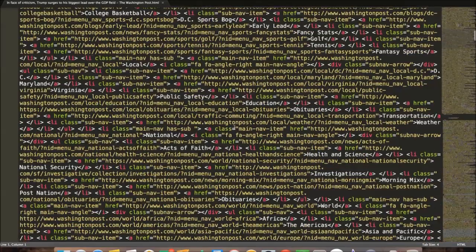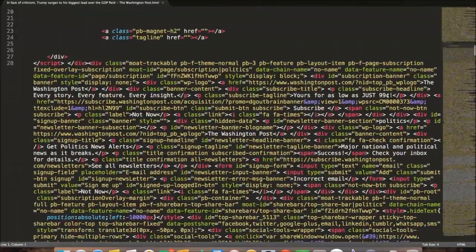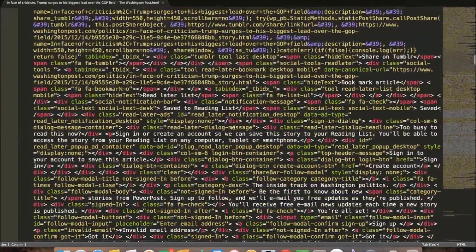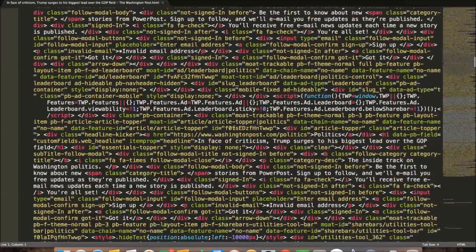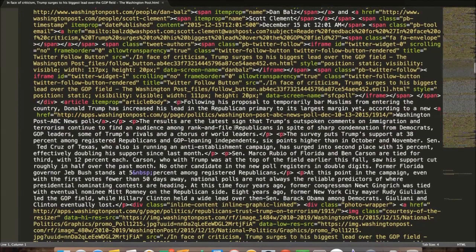Now, you will have to tell Beautiful Soup where to look to get the text that you're interested in. Washington Post article pages might be different from the New York Post article pages. These might be different from the Washington Post's homepage. So you should basically understand what's the structure of the page and kind of know where to get the text that you're interested in. Our article text is enclosed within this article tag,